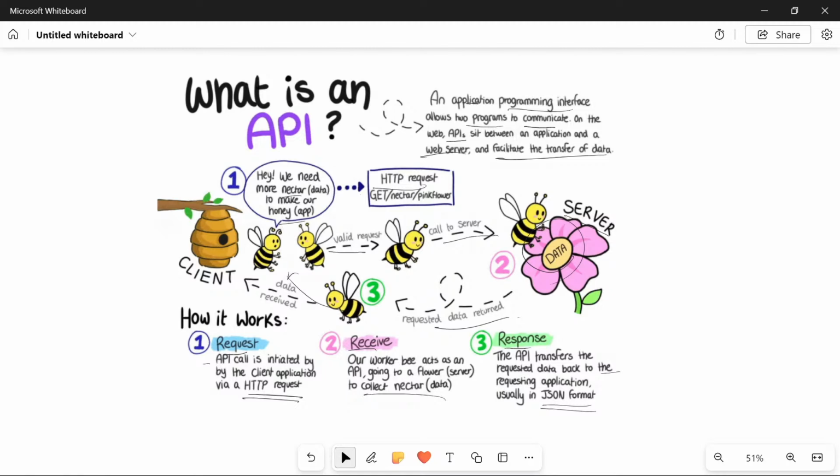Let me give you an example. JSON stands for JavaScript Object Notation. It is basically a lightweight data interchange format that is easy for humans to read and write, and easy for machines to generate and parse. It became widely used when